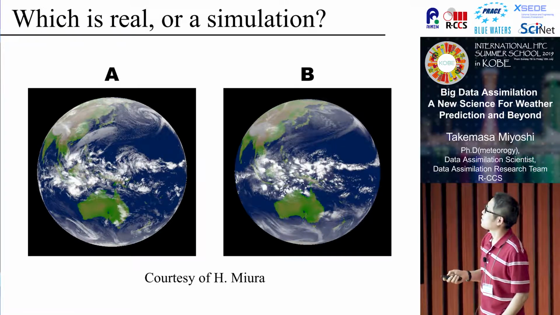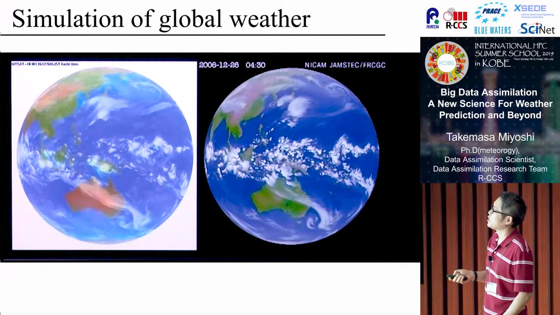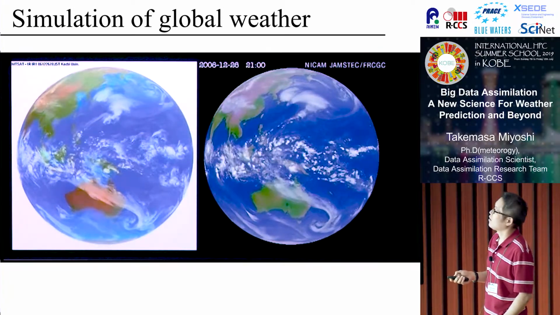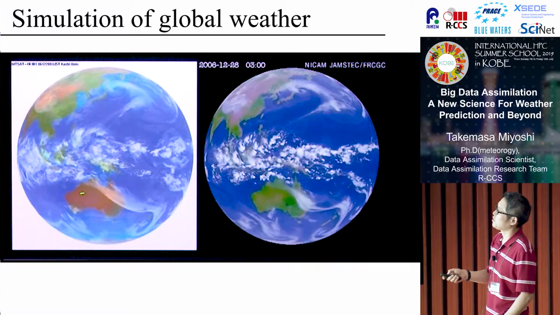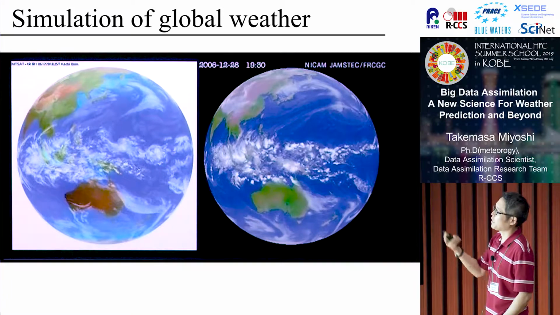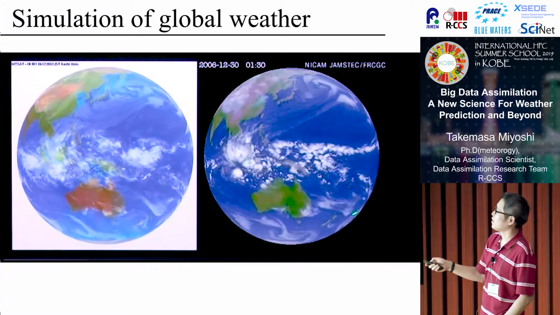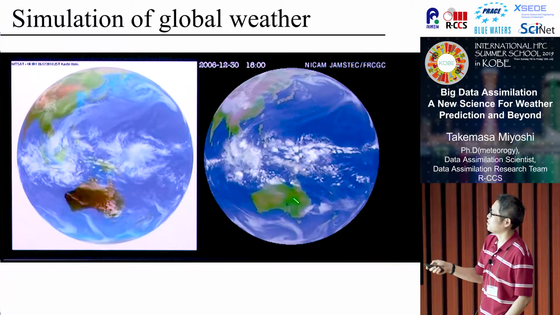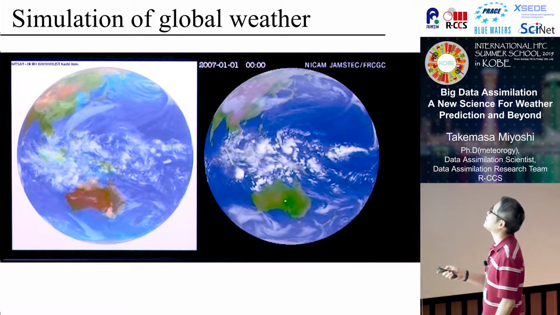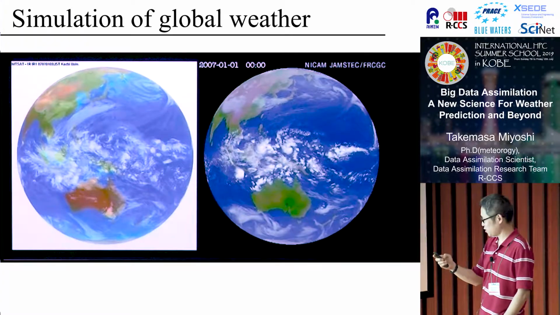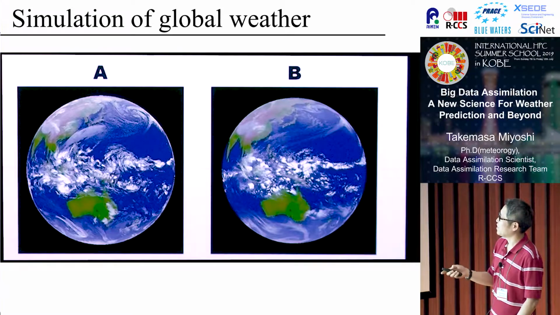Okay, let's see. I have a movie, and you will see which is real and which is not real. So the first thing to notice is this color change. Because of the infrared sensor, we see the temperature from the surface. And the simulation doesn't have that effect in this case. So we can simulate it, but we didn't. This is not fair because we didn't see that in the previous one. So, okay,